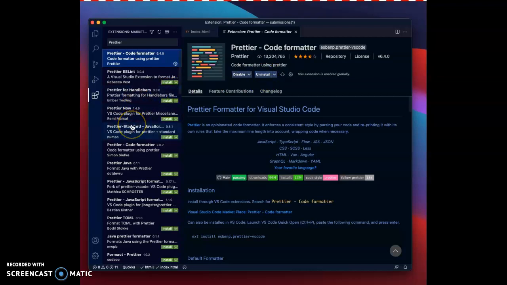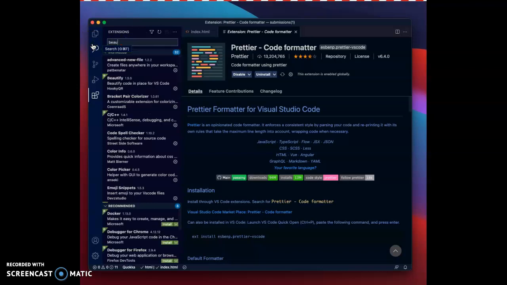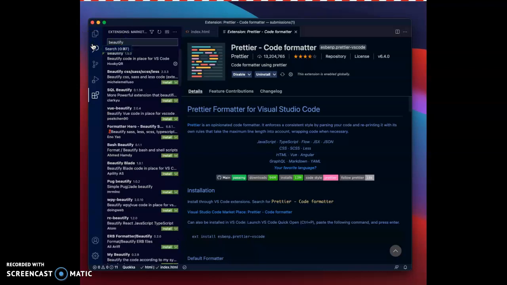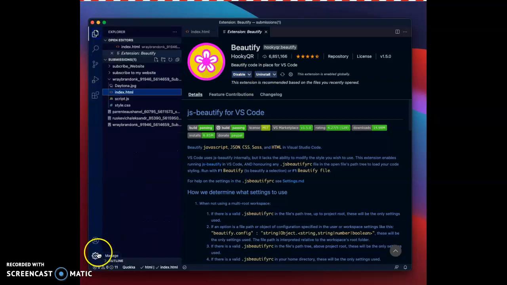As I said, I've also used another one called Beautify. They both do the same thing. I haven't found that I like one better than the other. They both do the same thing, so whichever one you want to use. But here's the secret. Once you install either one, then I want you to come into your, let me